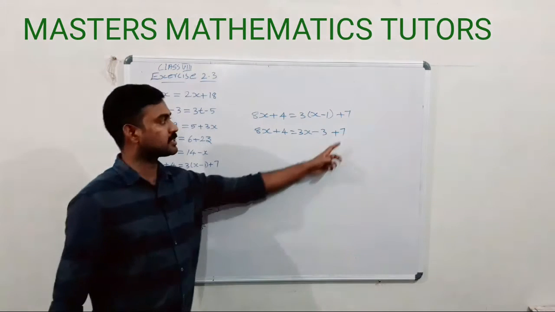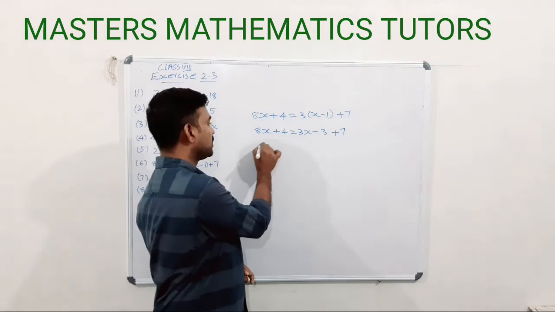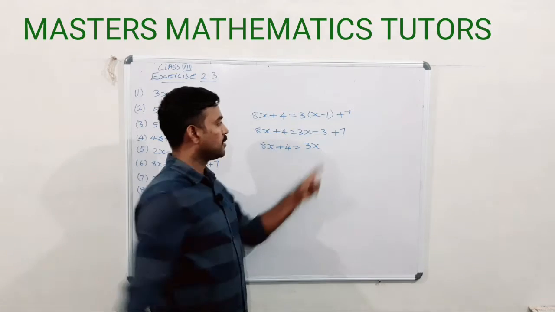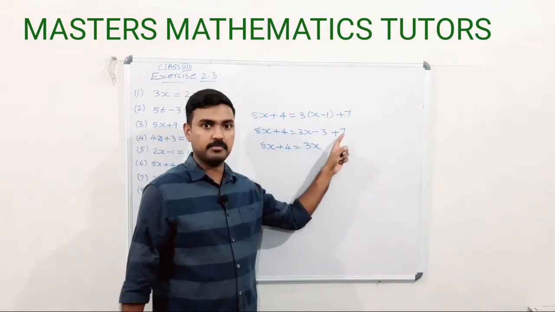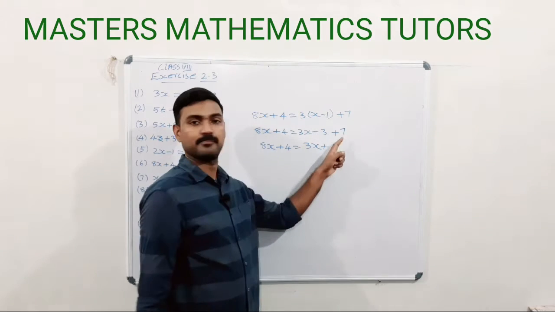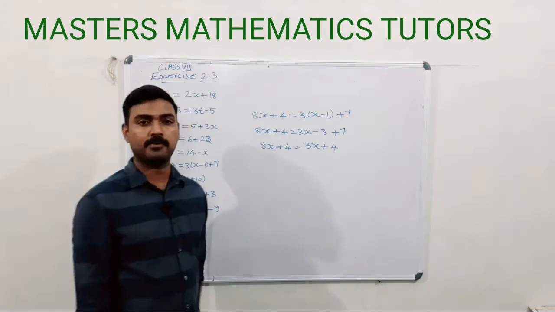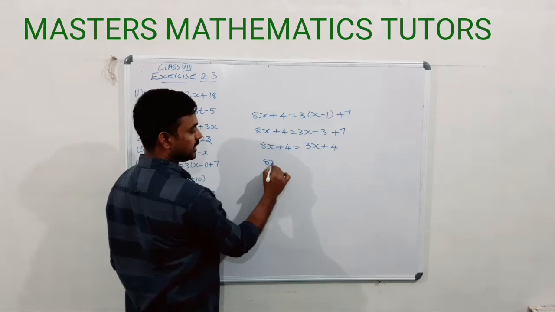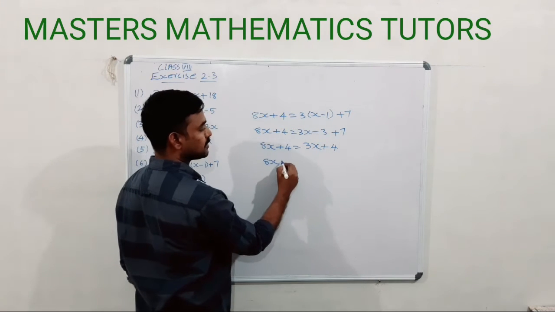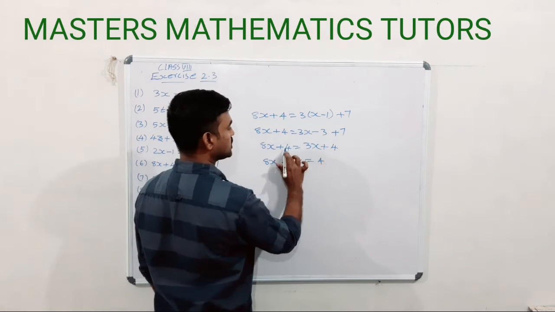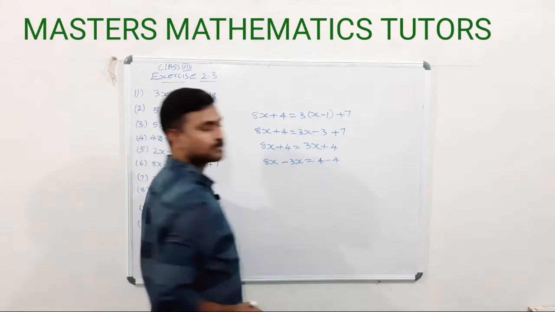So we can try to simplify this. So we get the simple equation 8x plus 4 is equal to 3x minus 3 plus 7. That means 7 minus 3 which is equal to plus 4. Biggest number is 7. Positive. So the answer will be positive. Now here is the variable including term here also. So we can write 8x. This plus 3x bring to left side. It will be minus 3x. And here 4 is there. This 4 transpose to there. It will be minus 4.